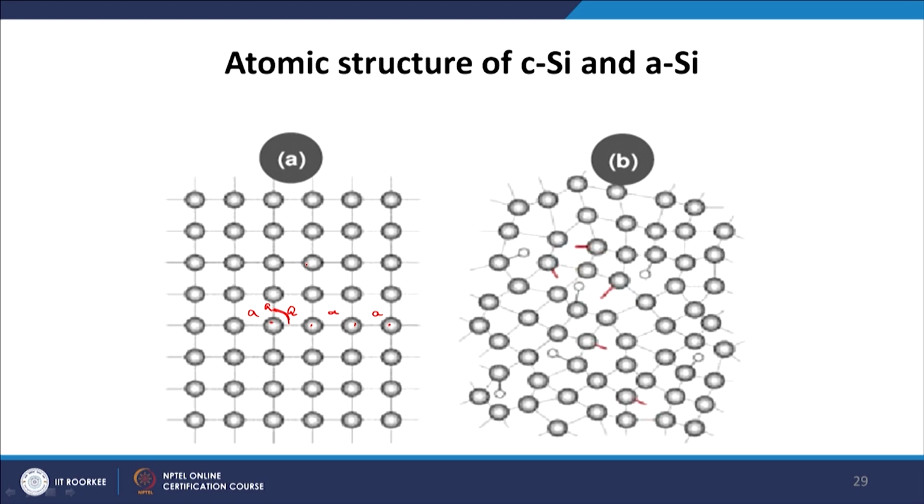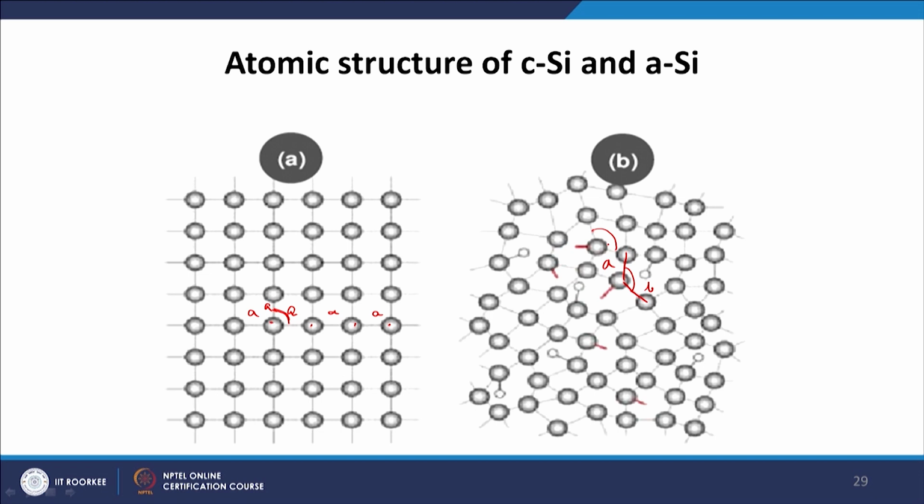throughout the crystal. Whereas if you look at the amorphous silicon, here the distance from this atom to this atom and the distance from this atom to this atom is not the same. If this is A, then this is B, and A is not equal to B, and if you look at the angle here, it is not the same as the angle here. So, this kind of asymmetry in the crystal lattice parameters and the bond angles actually causes the amorphosity in a material, which is also manifested in terms of the dangling bonds.